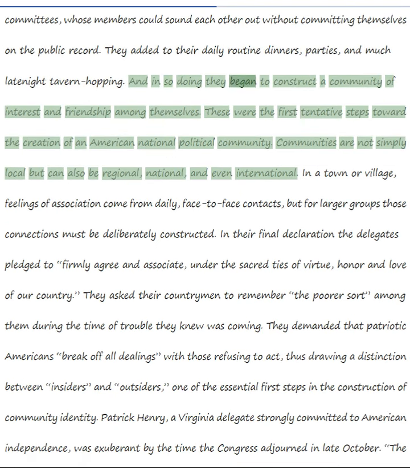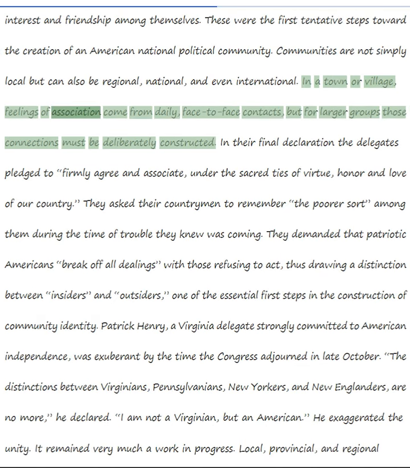And in so doing they began to construct a community of interest and friendship among themselves. These were the first tentative steps toward the creation of an American national political community. Communities are not simply local but can also be regional, national, and even international. In a town or village, feelings of association come from daily, face-to-face contacts, but for larger groups those connections must